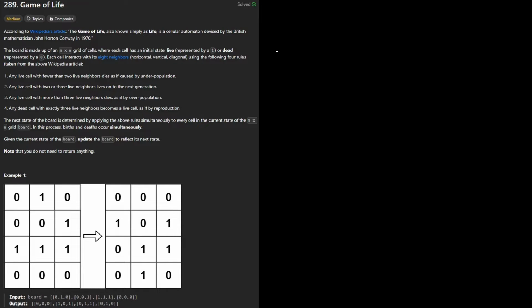Let us take an example of the 0 comma 1 index, whose current value is 0. The neighbors would be this one, this one, and this one. Other neighbors are not possible. So 1, 0, and 0 are the neighbors. So here the number of live count is going to be 1, and the dead count is going to be